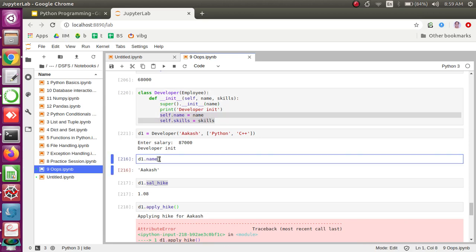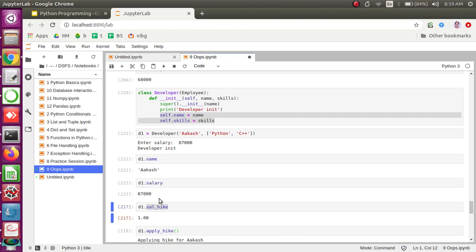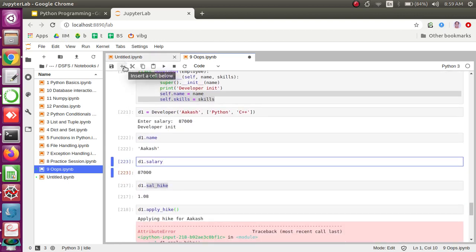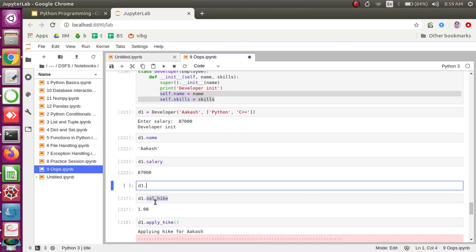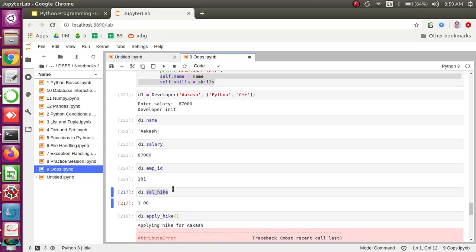So you got everything. Let's see the name, and let's also see if the developer got a salary. Yes, of course it is 87,000, right? So the developer also got the employee ID for sure. Let me see what employee ID the developer has: 101, right? So that's how we got the salary, name, employee ID, and hike, and everything we are